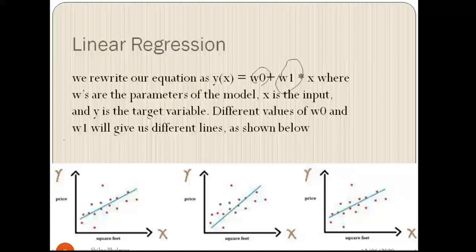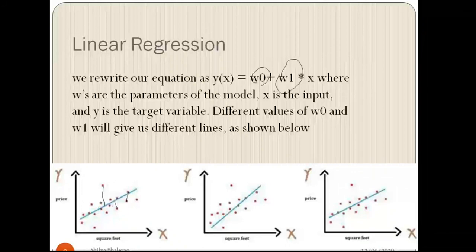How do we tune them? We draw the line such that this distance is minimum. So this is the minimum distance between actual and predicted values, but this other one is the maximum distance. Maybe for this one the distance is positive, and for this one it is negative. So we need to take the square